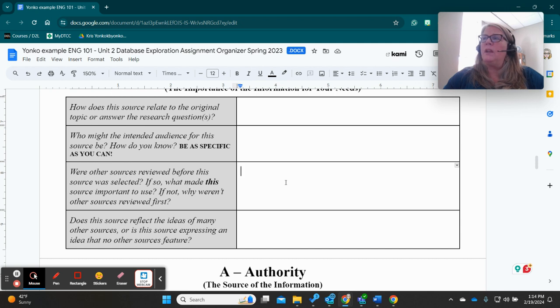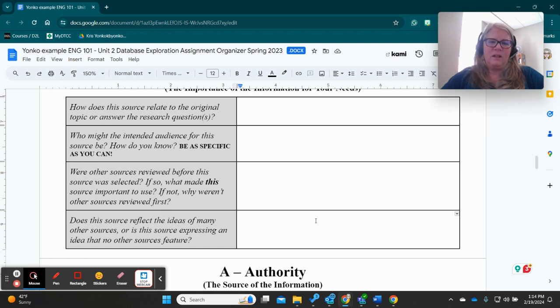And it also is bringing in newer issues that the original authors didn't talk about. So this one talks a little bit more about how everyone has Ring doorbells. I just thought that was going to be an interesting point to mention in my response. Does this source reflect the ideas of many other sources, or is it expressing an idea that no other sources